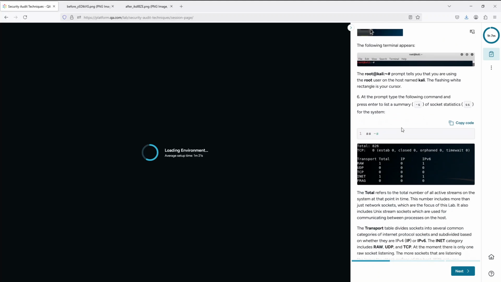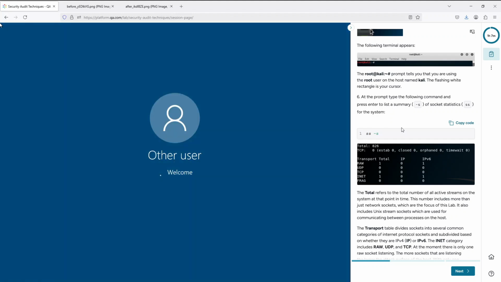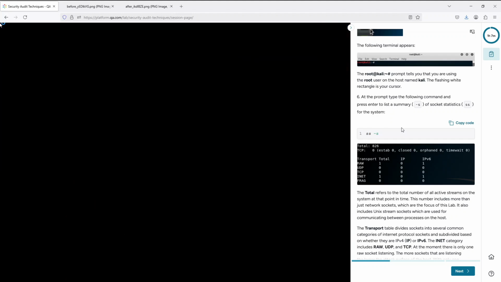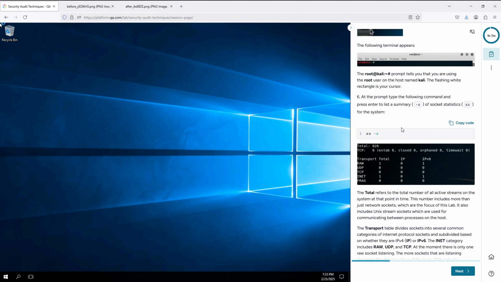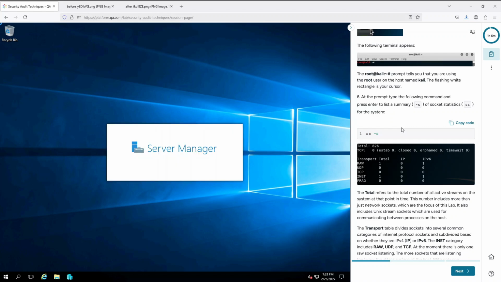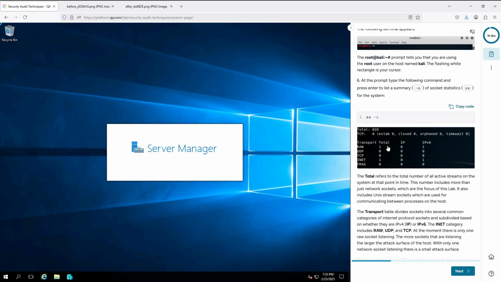The following terminal appears. The root@kali prompt tells you that you are using the root user on the host named Kali. The flashing white rectangle is your cursor. At the prompt, type the following command and press Enter to list a summary, -s, of socket statistics, ss, for the system. ss -s